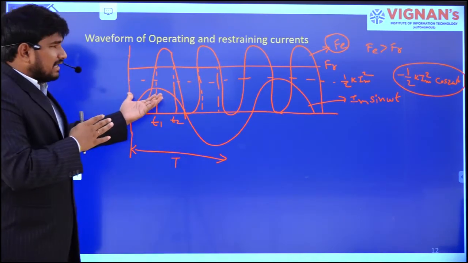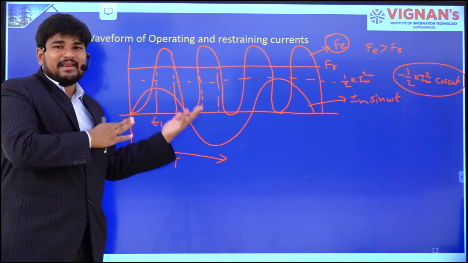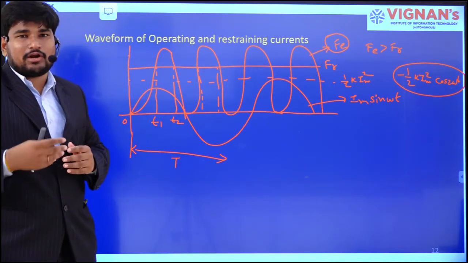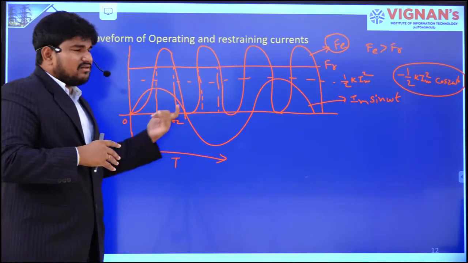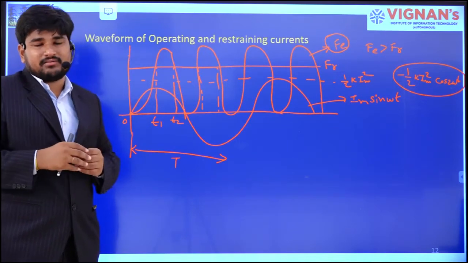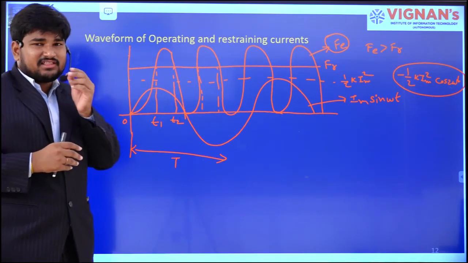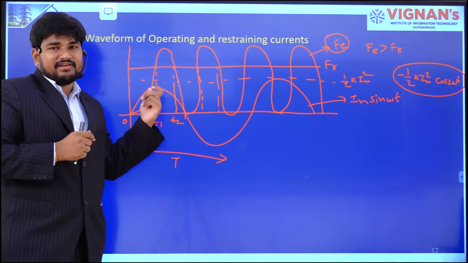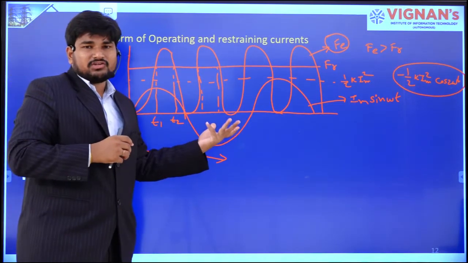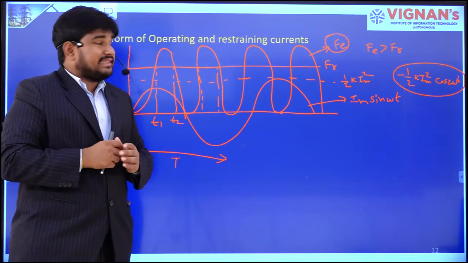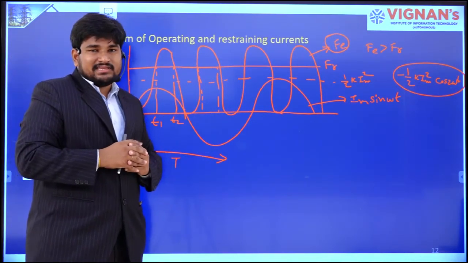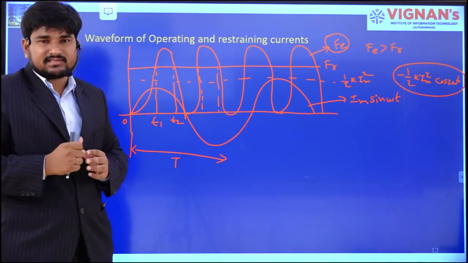So that is the doubling effect, as we call it, in case of AC when using electromagnetic relays. The same we can observe in measurements also: MI, moving iron type instruments, will be affected by the doubling frequency effect. That is the drawback of electromagnetic attraction type relays. Then how do we eliminate this effect? Are there any remedies? Yes.